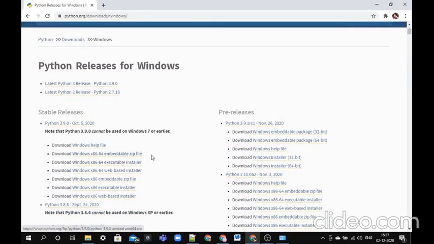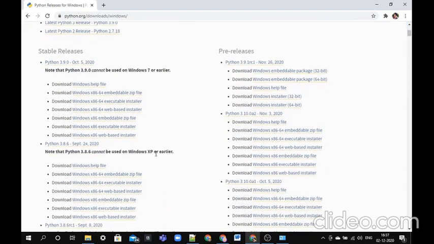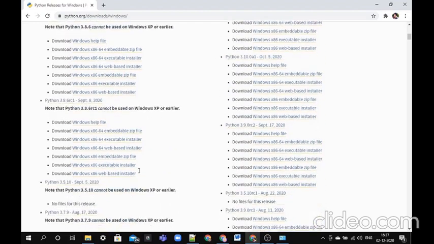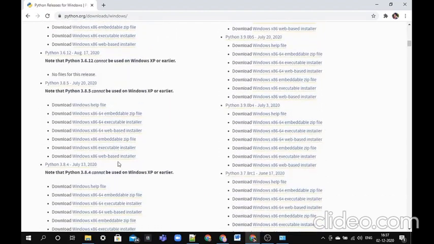Now suppose you have an old version of operating system, that is Windows 7, with 64 or 32-bit. Then you should go here, where you can see some dates also. On each date a Python version was released.